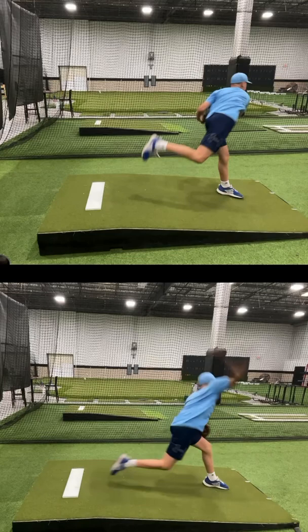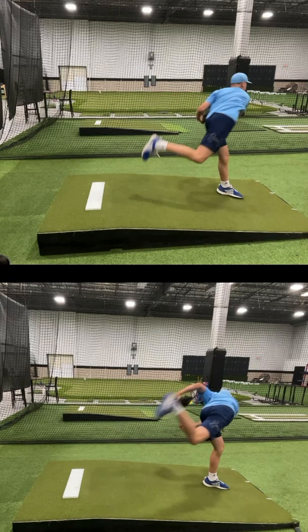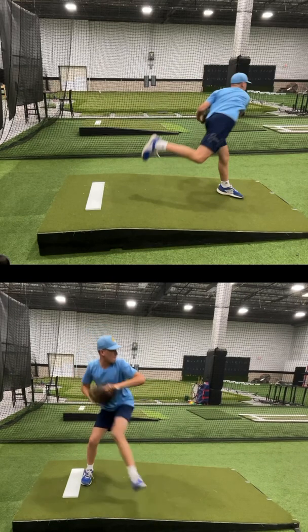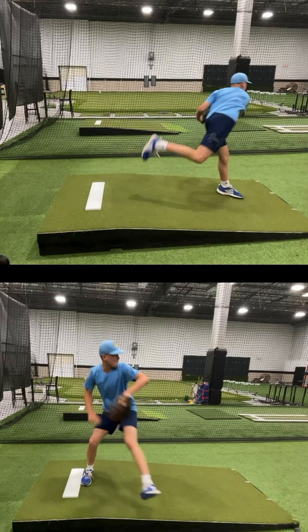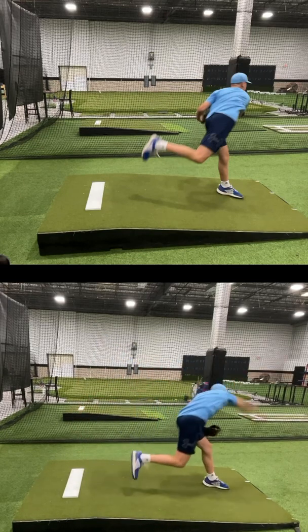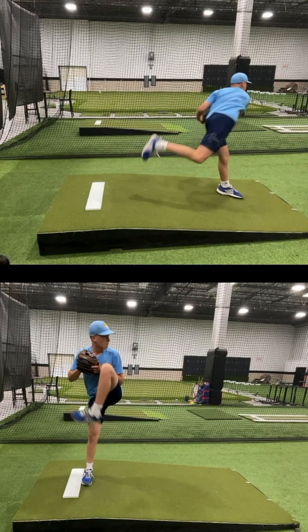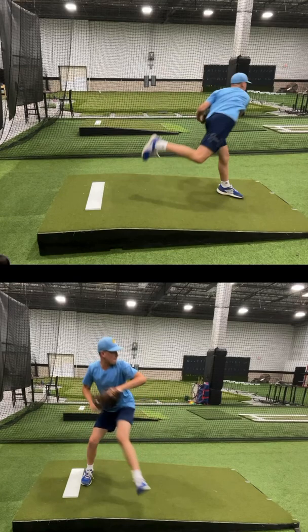Really, his bullpen was extremely good. He really wants to continue to work downhill, which he does a really great job with overall. Now, the thing about him, just like with Enzo, what I talked about, what's really going to help him, because honestly, this is a humongous thing that's going to help him with velocity, but the next thing that I'm going to work on with him is getting into his